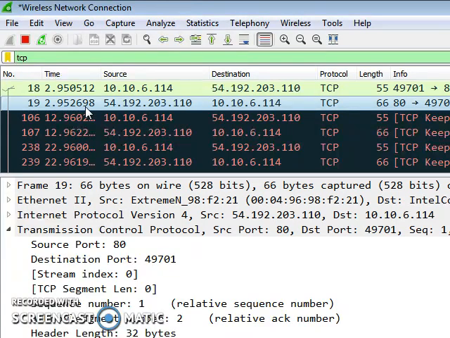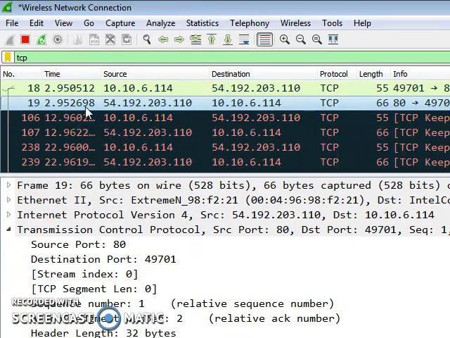The next is the reset. When the communication between the client and the server, meaning the sender and the receiver, is over and they want to end the communication, all the connections are reset and there will be re-establishment of the connection for further communication. So the next is the window.